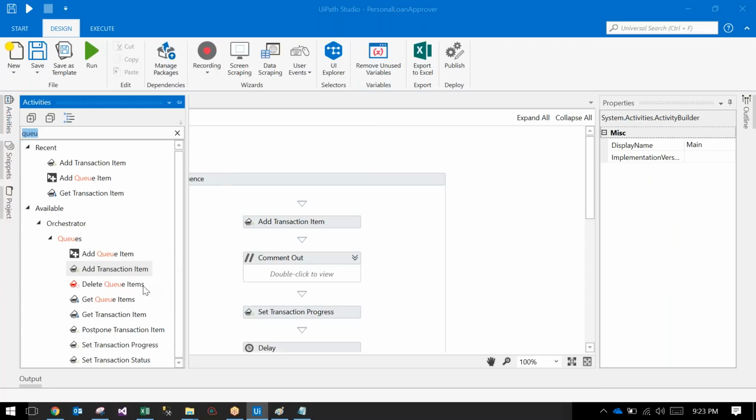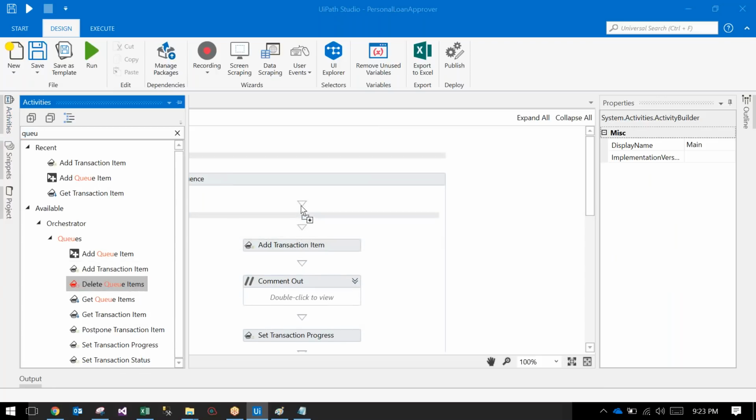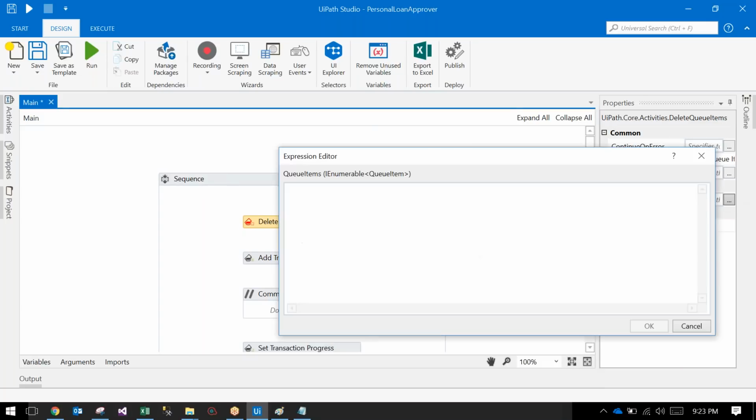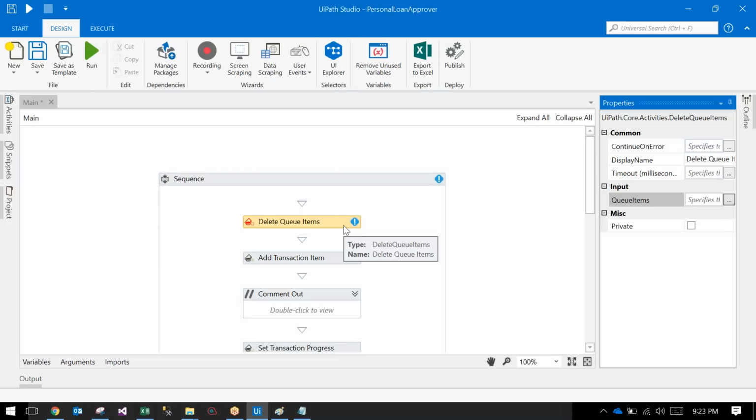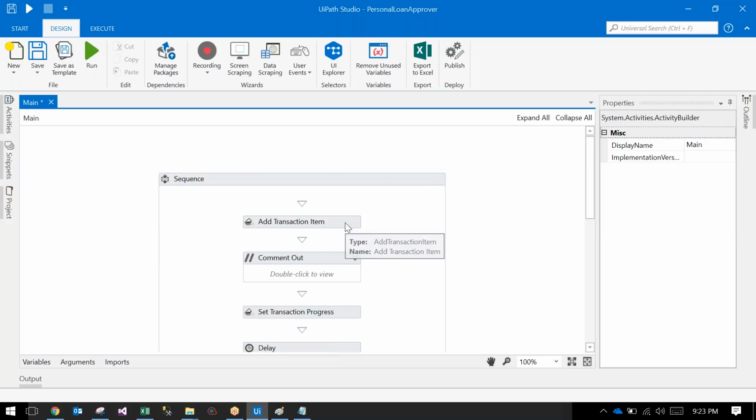So here you can delete the queue item. You can just drag and drop and give the queue items. Basically, you can give a list of queue items. But to delete the queue items, you should